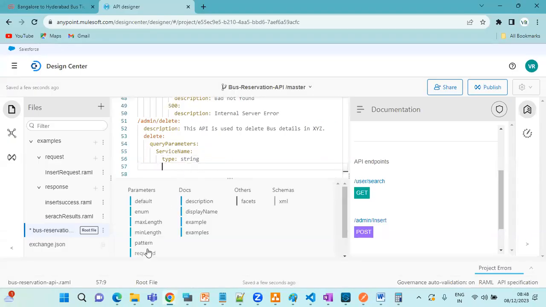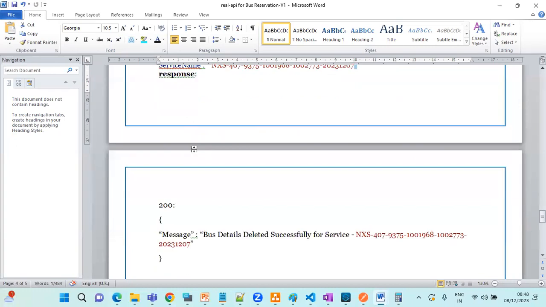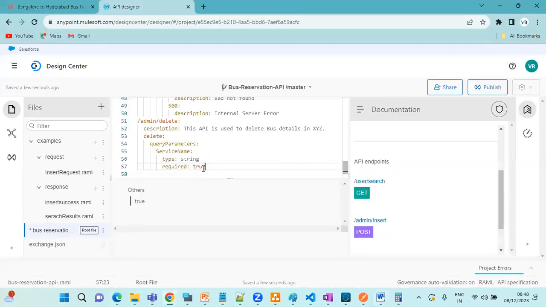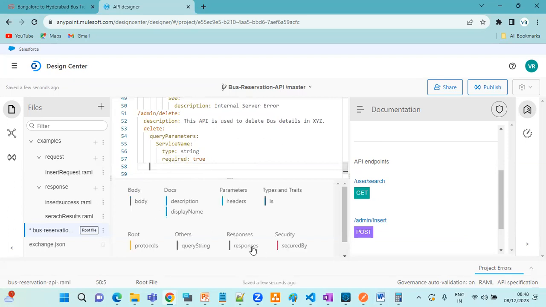Next, required true. Okay, this is done. So user will pass the service name. Next response,